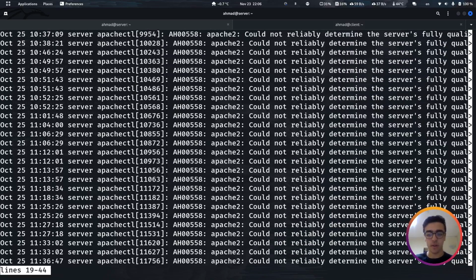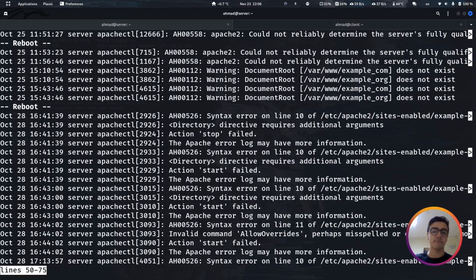And you can also scroll down. It has a lot of log messages right here. This can come in handy if you are searching for a specific error that had occurred a while ago, or you're debugging servers and so on. So yeah, actually